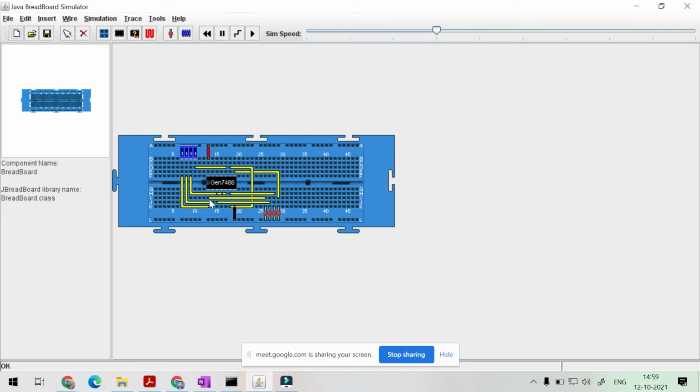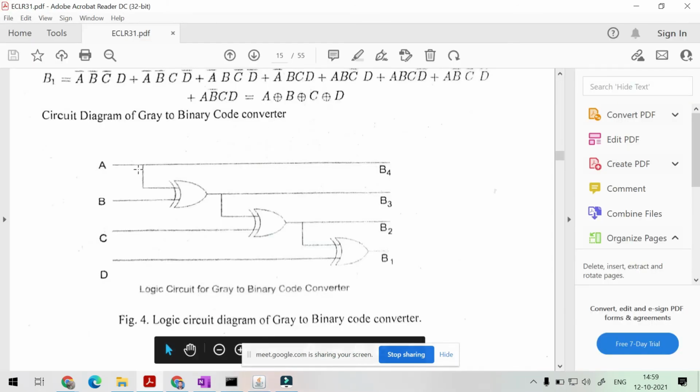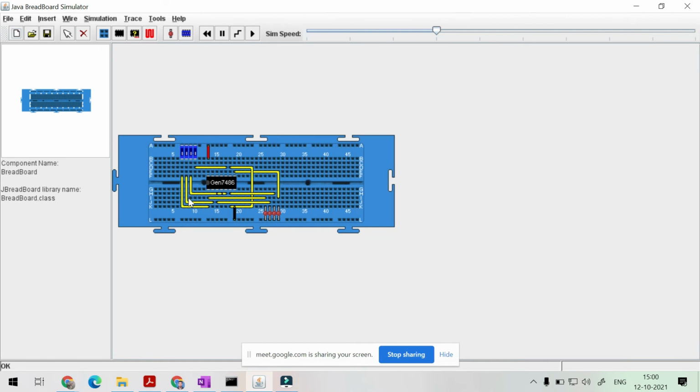You can do it like this, and another thing you can do, instead of inserting here, you can directly insert it here also. After that, one input you have to give to this XOR, that you have already given. Another input you have to provide from here at this XOR.